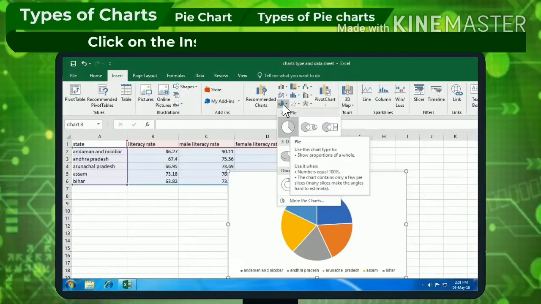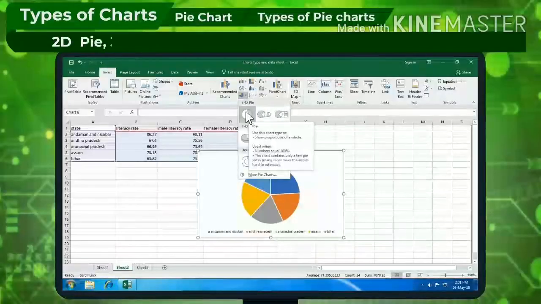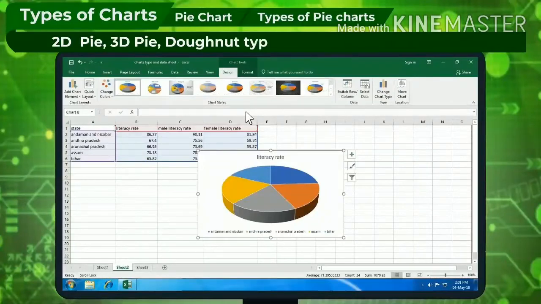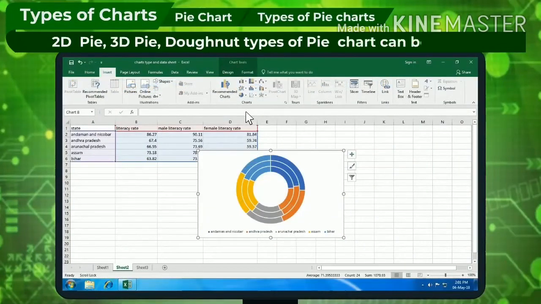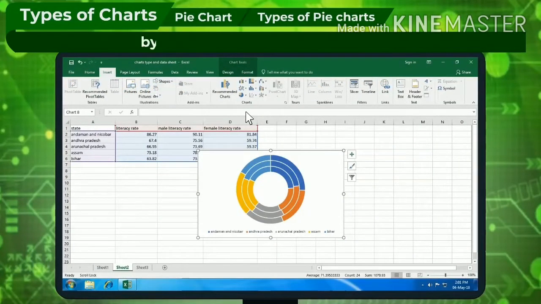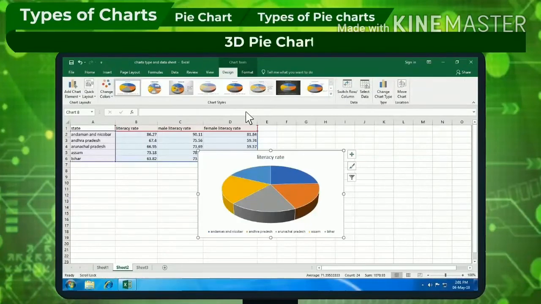Click on the Insert Pie Chart option. A list appears. 2D pie, 3D pie, donut type of pie chart can be chosen by clicking on the appropriate icon. Example: 3D pie chart,